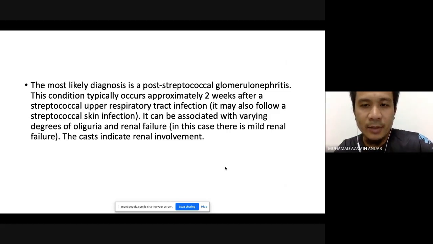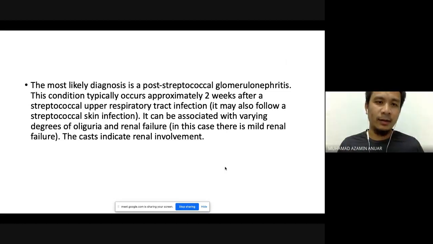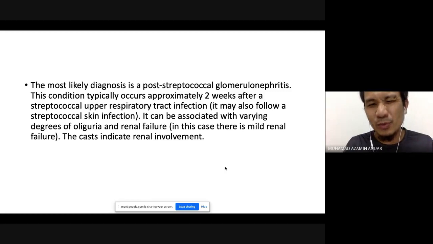So as I mentioned before, what Hafiz said just now, there will be reduced blood supply to the glomerulus, and because of that, sometimes you can have reduced urine output. Normally, in the patients that we see in a very mild case, they don't really have much change to their urine output. If it is quite moderate to severe, then you really get oliguria. But most of the time, in a very mild case, the urine output is quite normal.